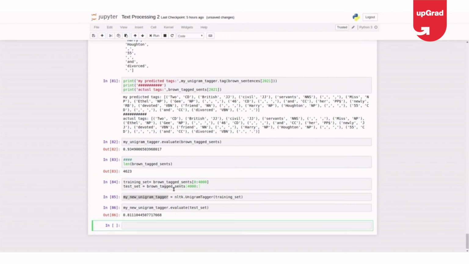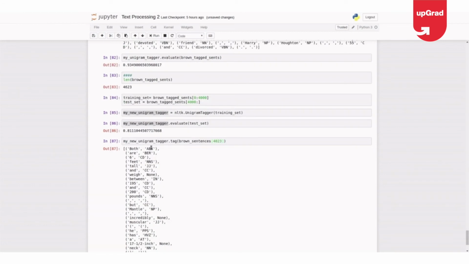Why don't I evaluate one on unseen data? My new unigram tagger dot tag brown sentences, let me take some test data like the 4023 sentence.